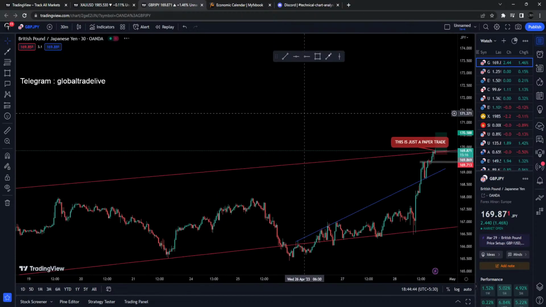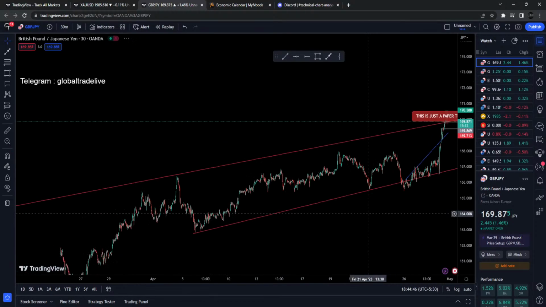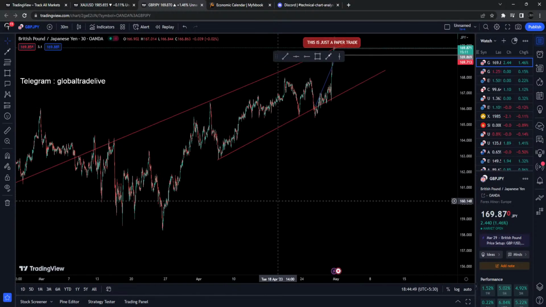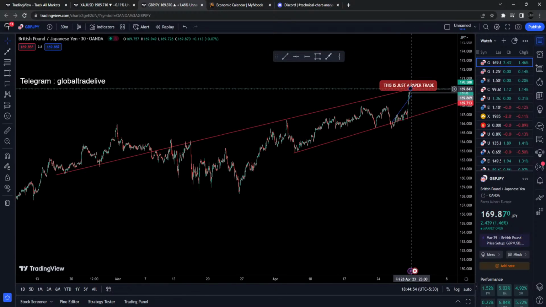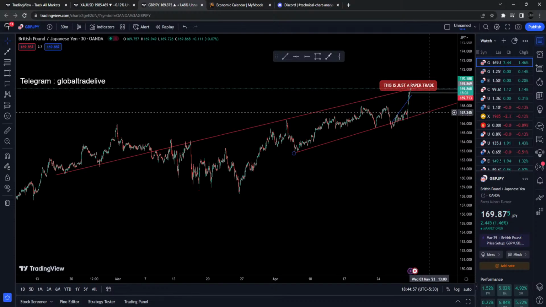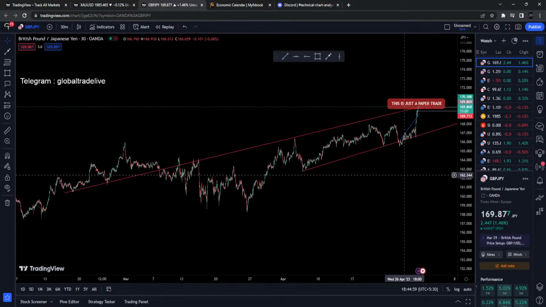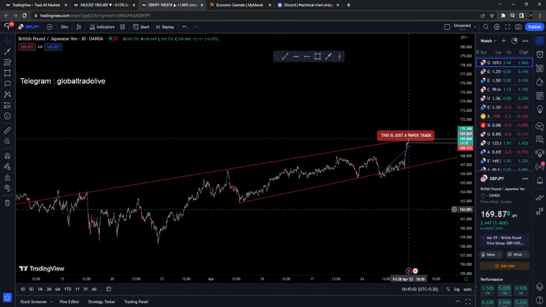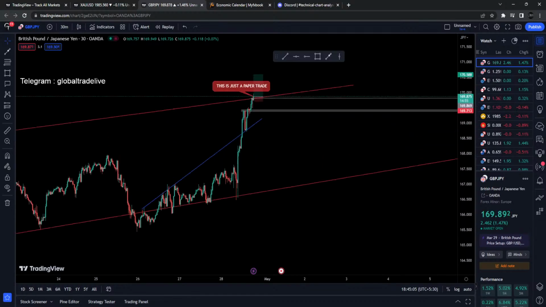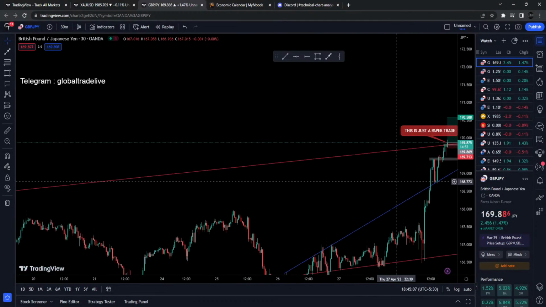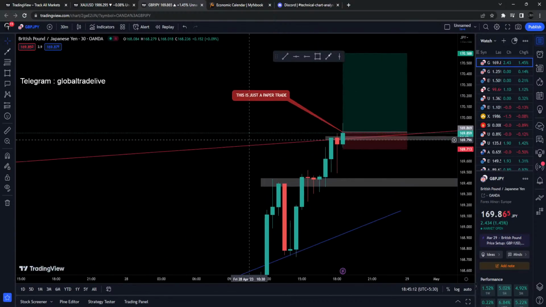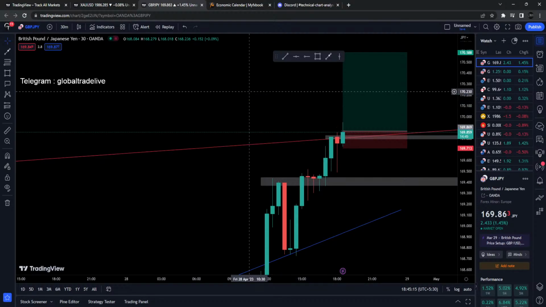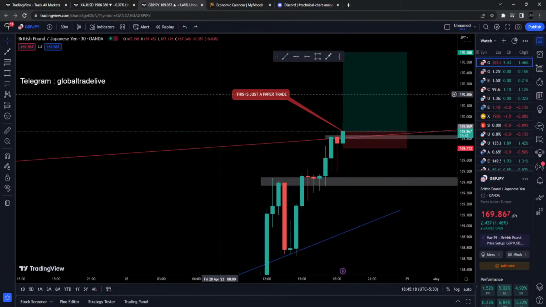Because if I look at a bigger perspective of the market, then let me just show you, then I can sense that the market's gonna move down from here. So that's why each and every point of the market from past to current and everything, because that will eventually help you take better decisions. Okay, this is a paper trade. So now let's just wait.